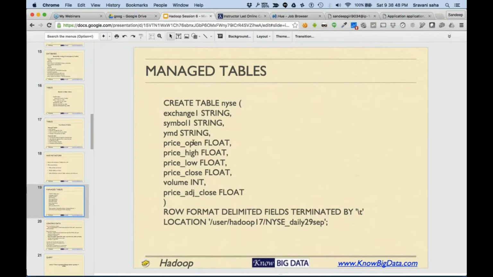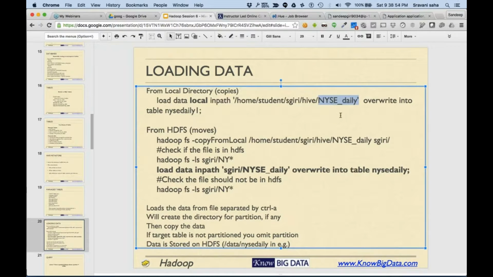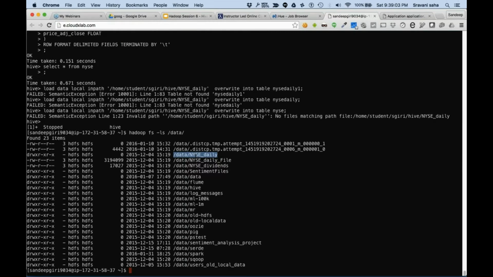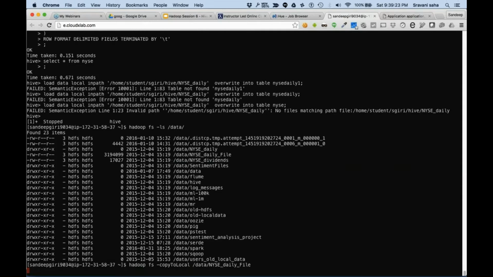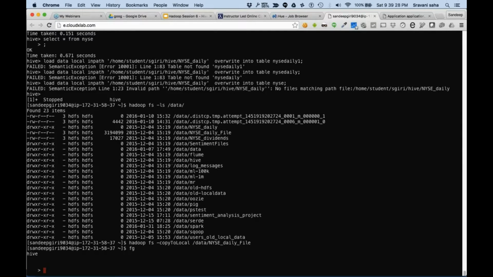All right. So here NYSE good and NYSE daily. I'll just copy this file to my local directory and then I will run the command again. Okay, so this folder, yeah, let me just copy this one. Hadoop fs minus copyToLocal and this one. So I've copied this file to my local directory and going back to Hive,